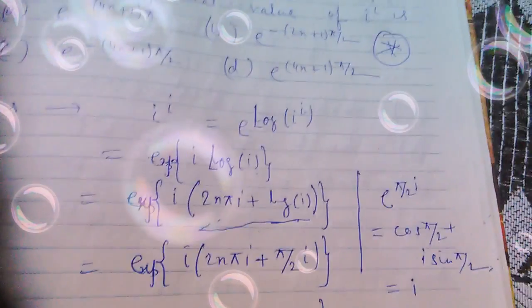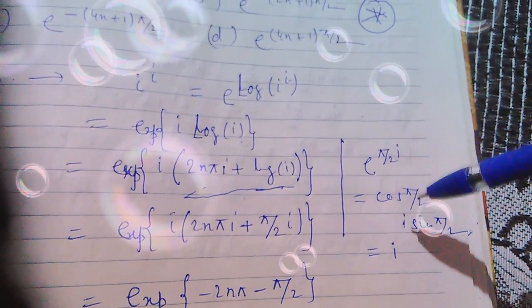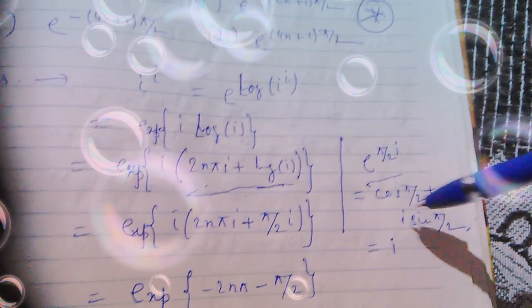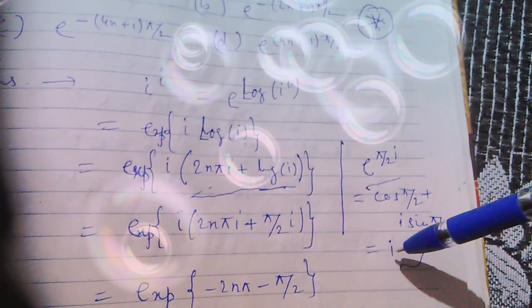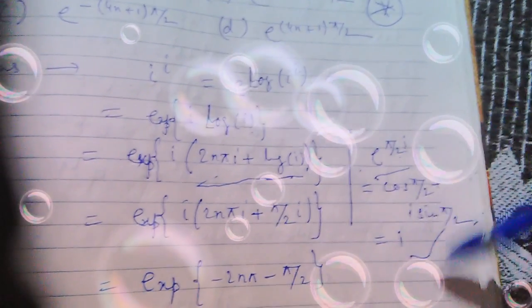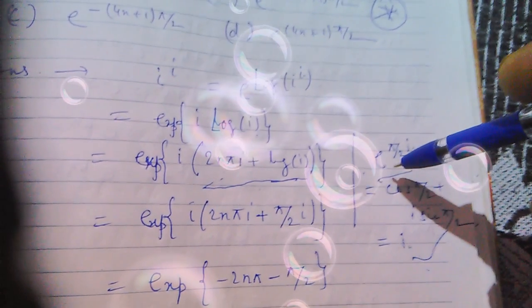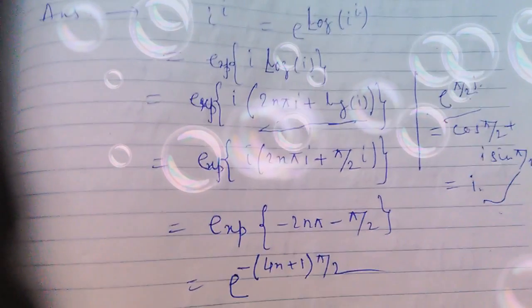Now one thing we have to know is what is the value of e to the power pi by 2 i. If we calculate this, it will be cos pi by 2 plus i sin pi by 2. Cos pi by 2 is 0 and sin pi by 2 is 1. So we will get i. So the value of log i must be pi by 2 i. We will take log on both sides, and log i will be just pi by 2 i. So here we will put this value and just multiply with i, then we will get this result,